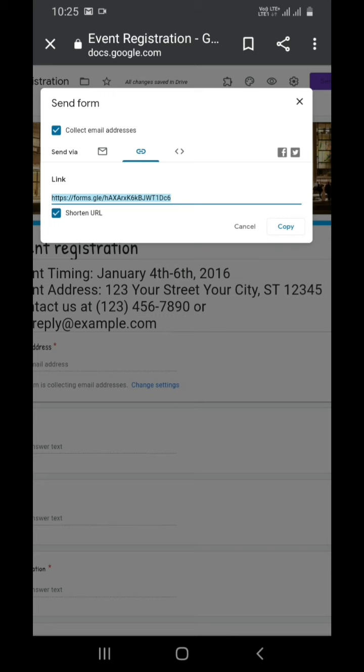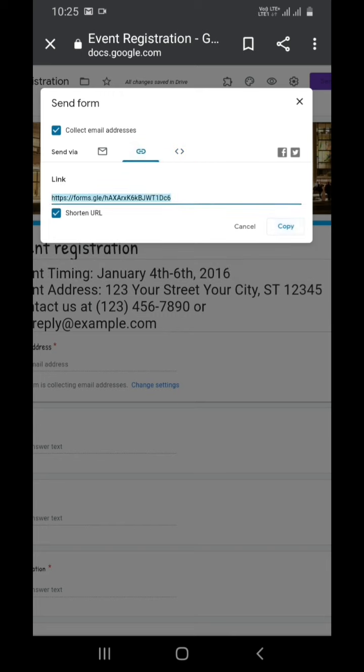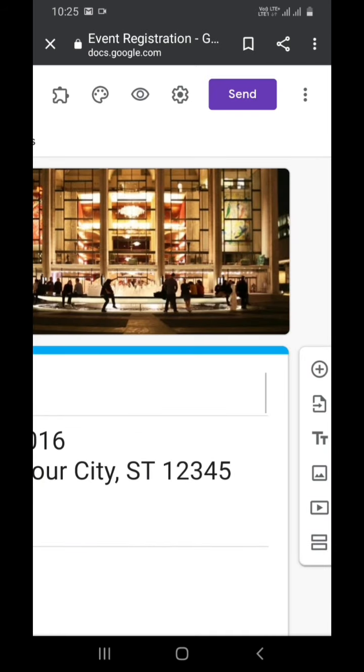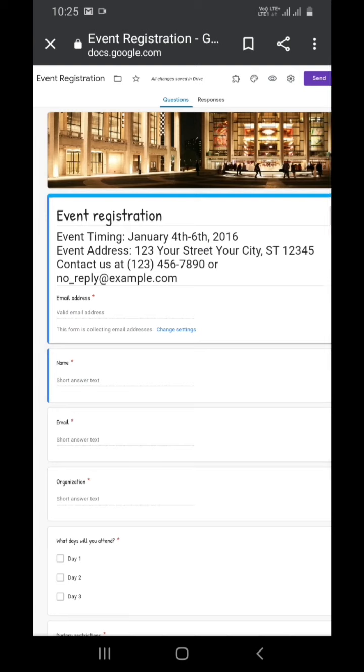Also the same form can be embedded in your website. Here you can see the HTML link, and we can also provide the width and height of that form. After copying the link, you can close it, then you can send this by WhatsApp or any kind of message.